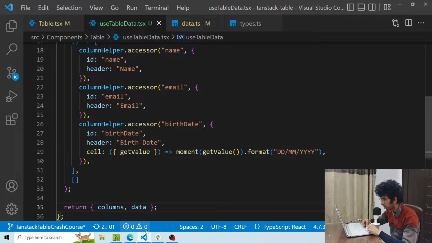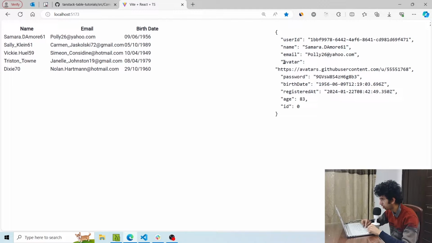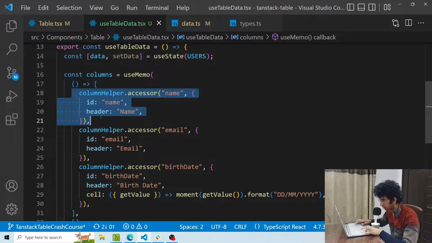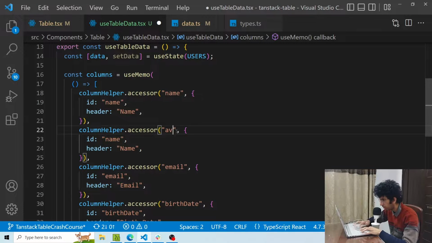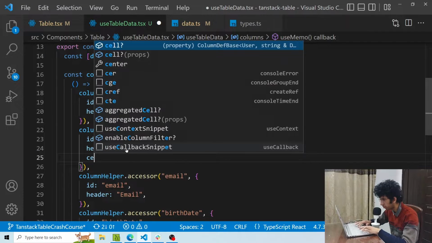So that is great. Now I can also show some custom components like markups or something else in the accessor column as well. Right now, for every object I have an avatar property, and this avatar property has a random image URL. Now obviously I don't want to show the URL in the table, I want to show the image. So I can render an image component in the cell property for that column, and I can show the image. So let's do that. So I'll copy this, I will do avatar, let me paste it here. This would become avatar as well. Here cell